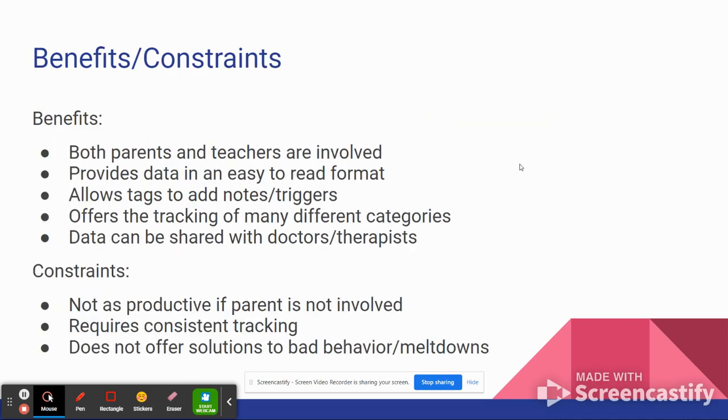So now the final thing I'm going to talk about is just the benefits and constraints. I've kind of talked about a lot of these throughout the presentation, but just as a recap, some of the benefits are that both parents and teachers are involved. So this is super important, because parents, especially parents who might have a child who has autism, who has a disability, are going to want to be informed and involved, and this app allows for many parties to play a role, and many parties to be included in tracking their learning and their behavior in the classroom. So that's something that I think is definitely a benefit of the app.